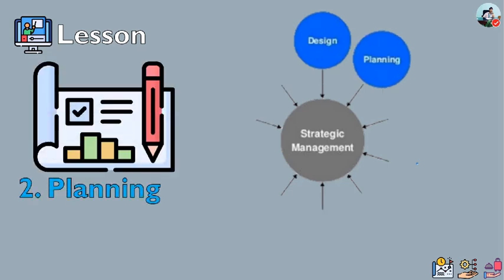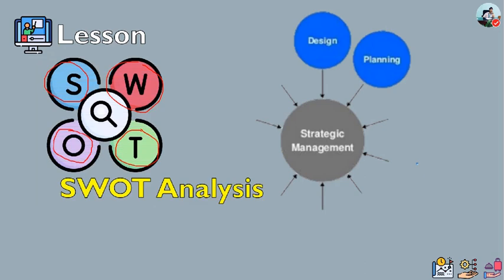The second one is the planning. In the organization, there must be a mission, vision, goals, and objectives. So this part is on the planning stage, as well as the SWOT analysis: strengths, weaknesses, opportunities, and threats. Every business must be studied on this part, the SWOT analysis. The strengths and weaknesses are in the internal, and the opportunities and threats are in the external environment of the